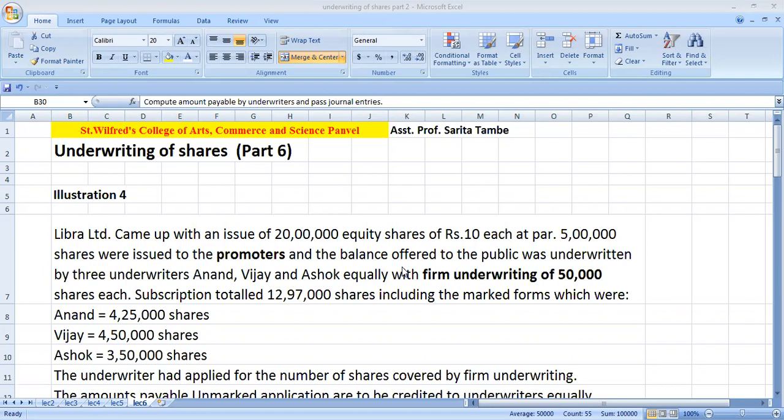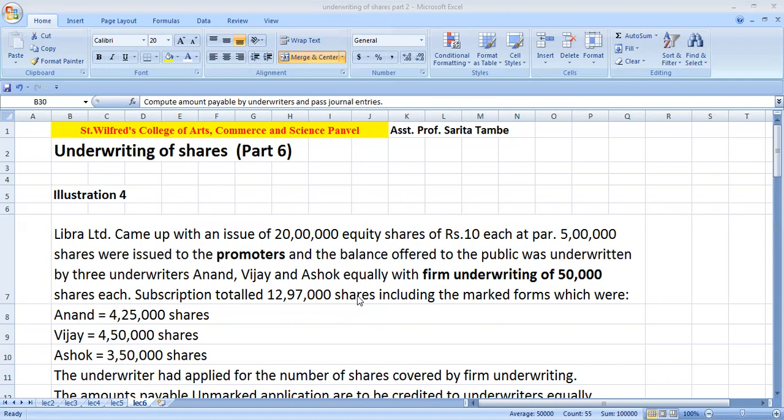In today's lecture, I'm going to teach you how to calculate the underwriting commission and how to pass the necessary journal entries in the books of account of the company. So see, this is illustration number 4, which we solved in the previous lecture, my fifth lecture. There we calculated the net liability of underwriters when the firm underwriting is given. In today's lecture, let's find out the underwriting commission and pass the necessary journal entries in the books of